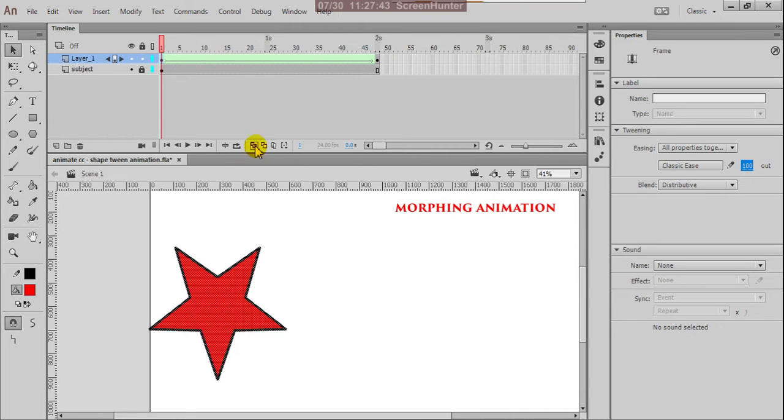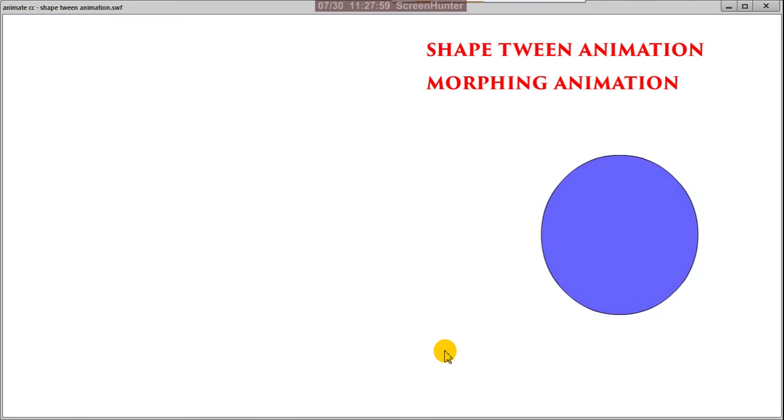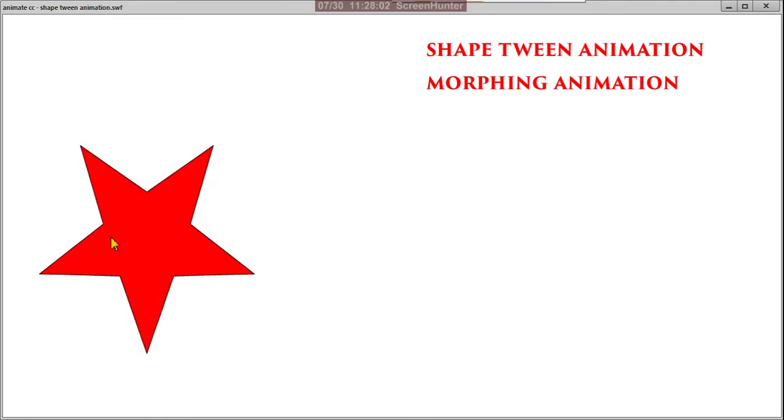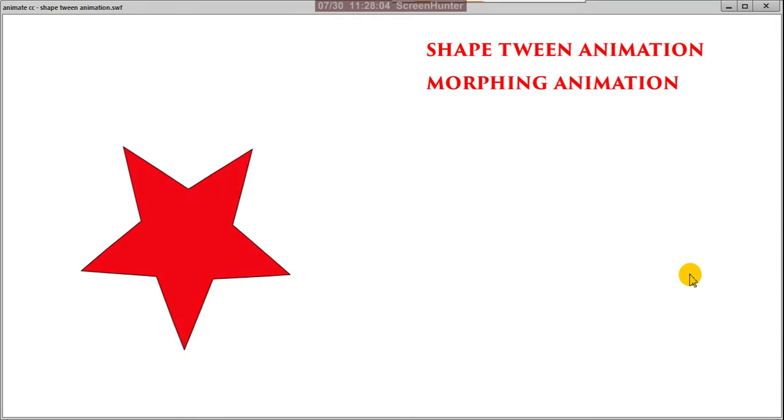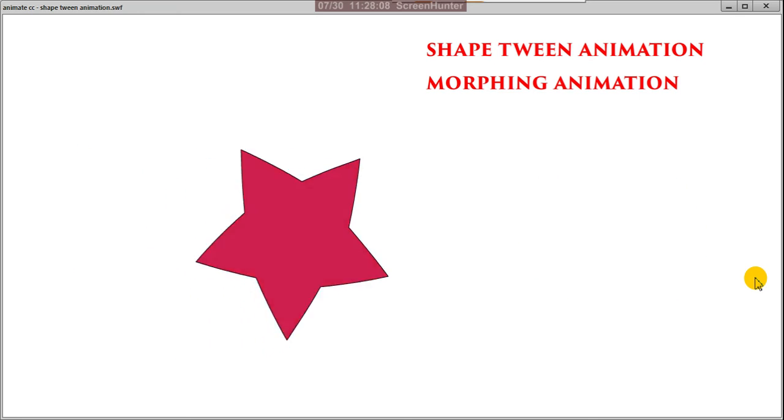Now if you observe, in the opposite, this is slow in. It is coming from outside and reaching slowly inside. Let us check with Control Enter. See, starting faster and nicely finishing with a slow action.